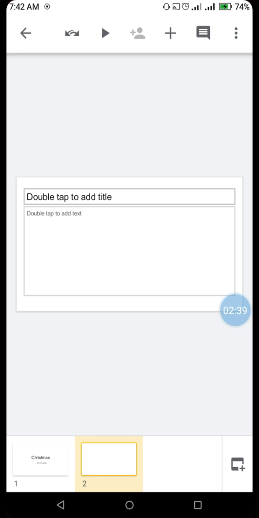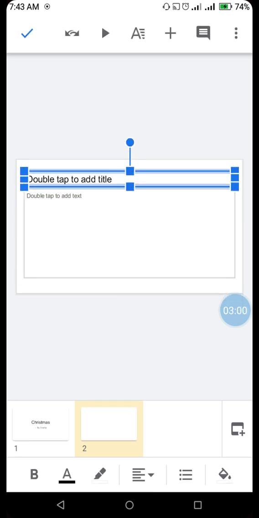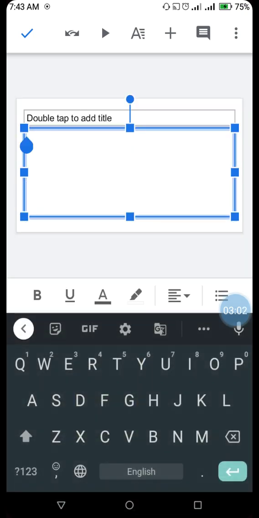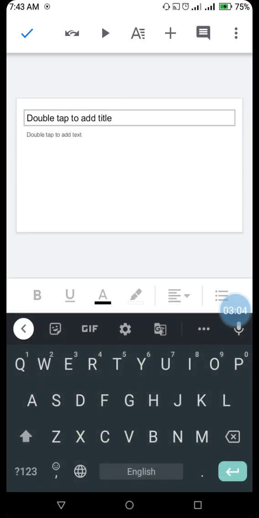As you can see at the bottom, there is a ribbon and 1 and 2 are written on it. This ribbon is called the slides pane, and all the slides that have been added in your presentation, you will be able to see and scroll through from this pane. Now you can edit slide number 2 the way you want it.